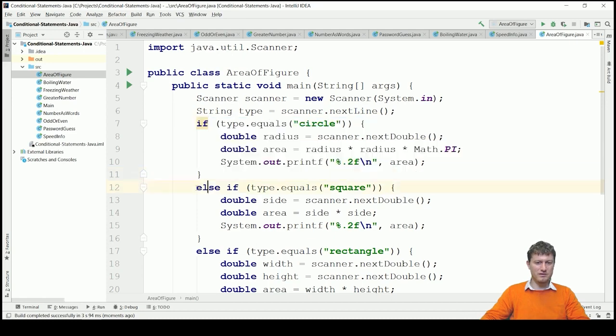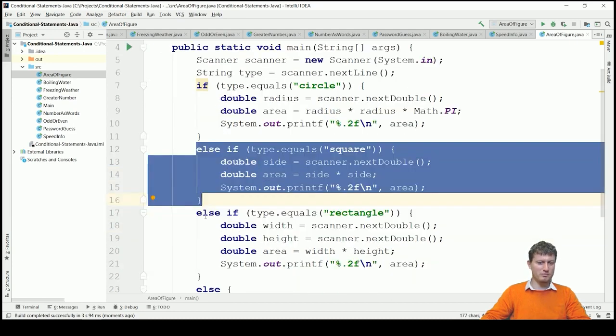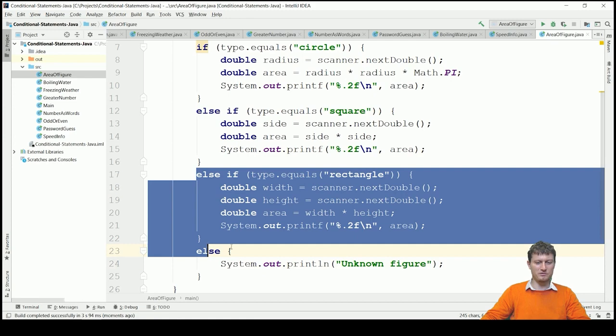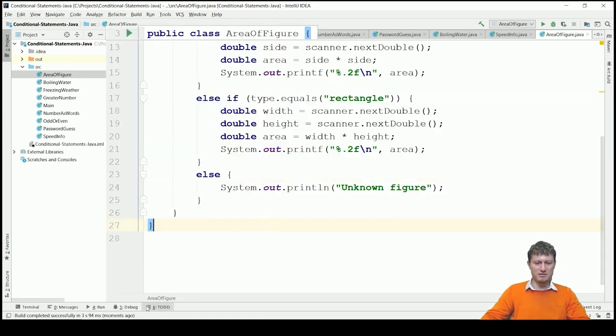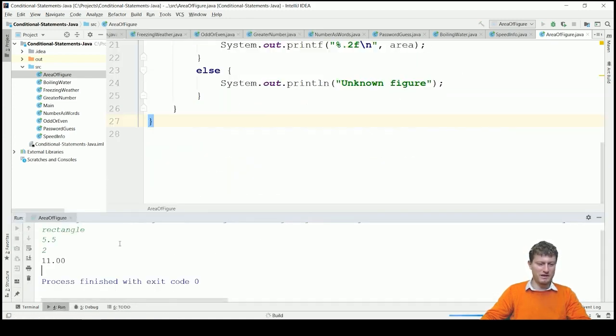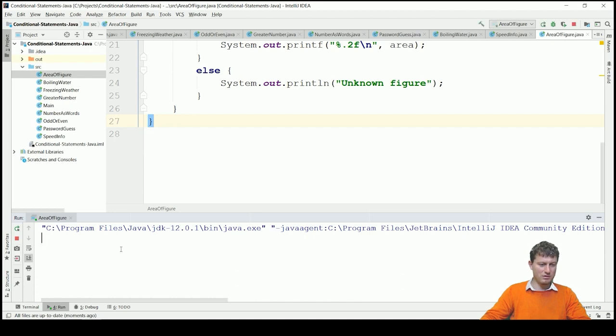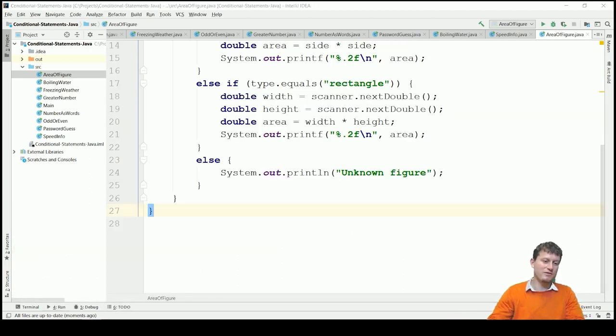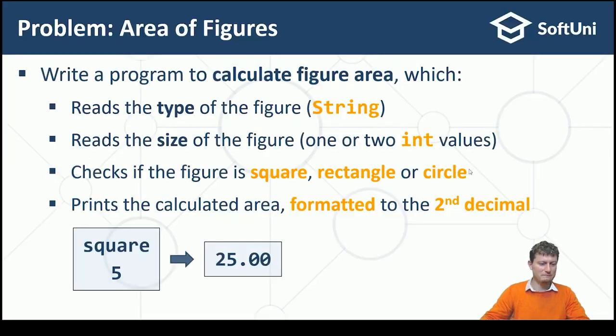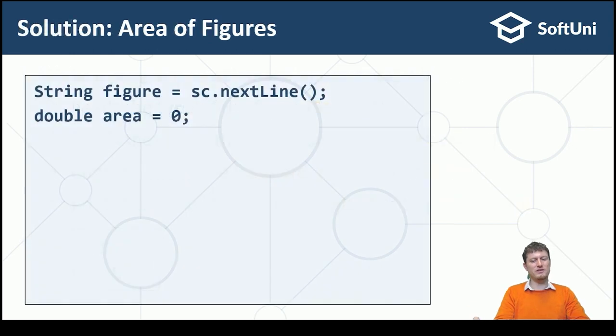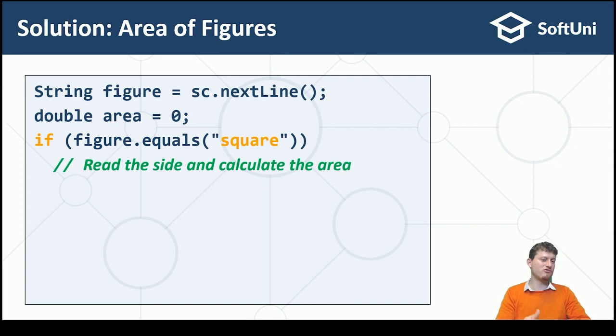So if it is circle, we solve this problem. If it is square, we solve this problem. If it is rectangle, we solve this problem. And finally, we say unknown figure in all other cases. For example, if I have a trapezoid, it's an unknown figure, so I cannot calculate its area. Okay, I believe we solved this problem, area of figures, correctly, and this is the solution I had in mind